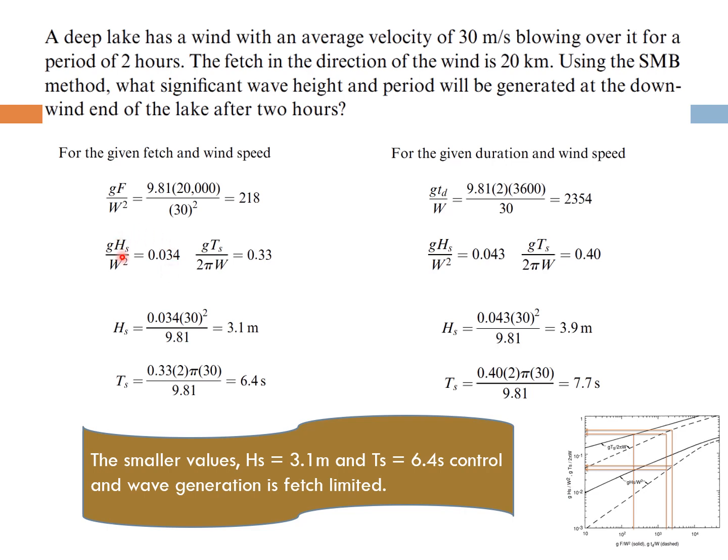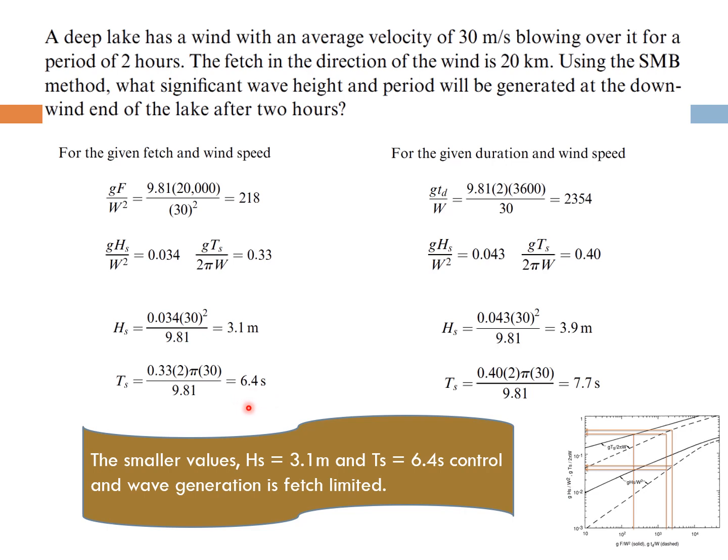And based on that, since we already know W and we know G, we can then calculate the significant wave height, which is 3.1 meters. And likewise, for the same dimensionless wind fetch, we can read the other solid curve here to get the dimensionless wave period on the vertical axis. And this is the value that we get from the chart. Since we know G and W, we can use this to calculate the significant wave period, and we get 6.4